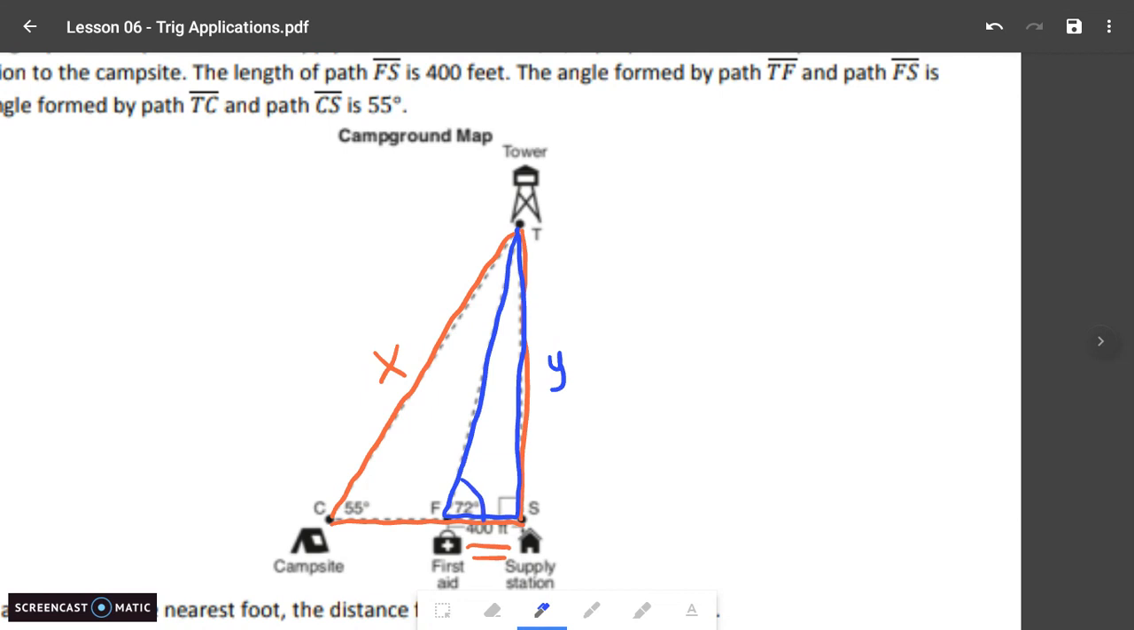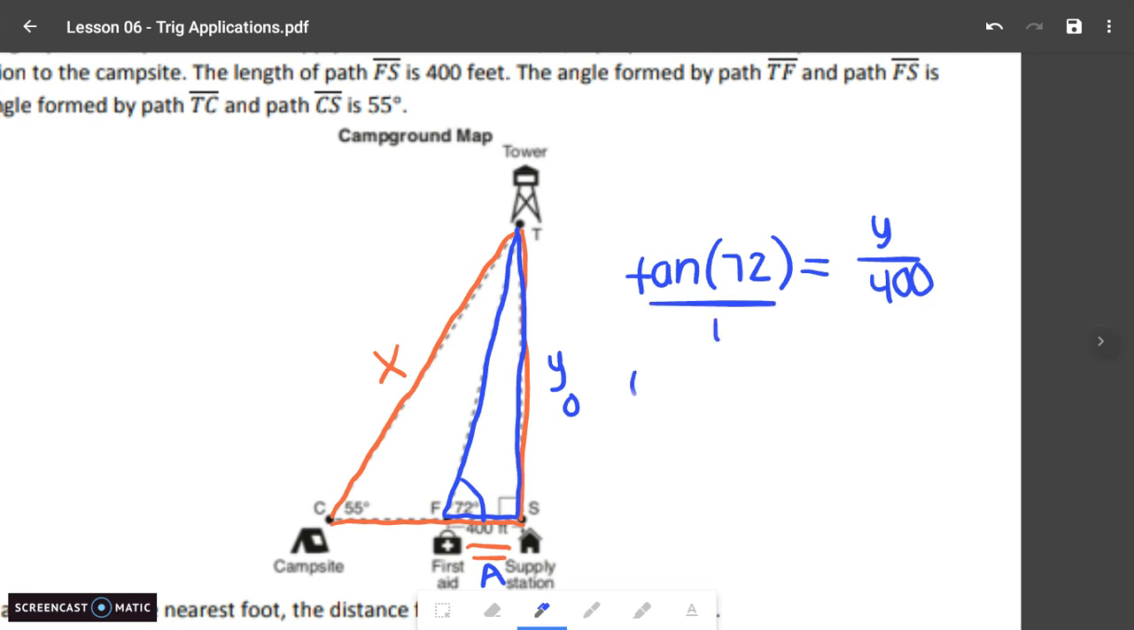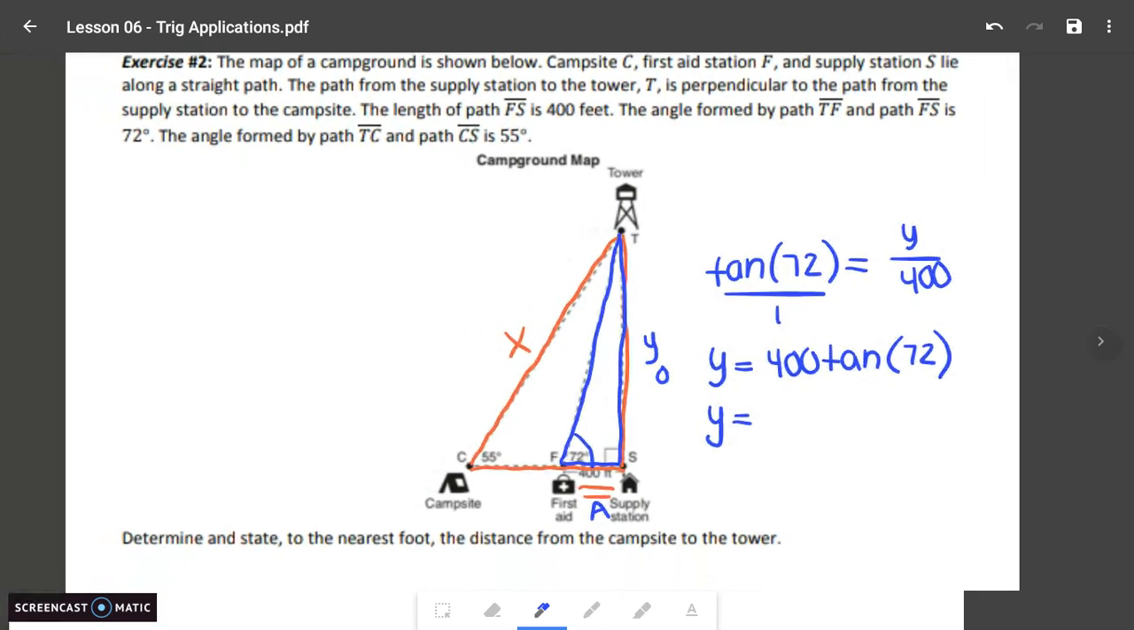So if I'm looking at the blue, I have the opposite and the adjacent, so we're going to do tangent again. Tangent of 72 equals y over 400. And we're going to cross multiply here. So we get 400 times tangent of 72. And we're going to plug that right into the calculator. And we end up with